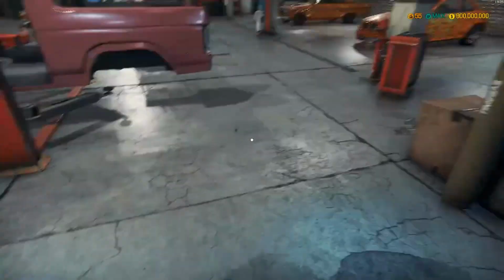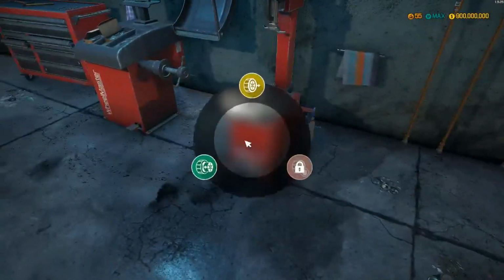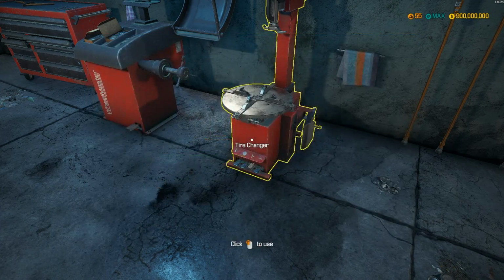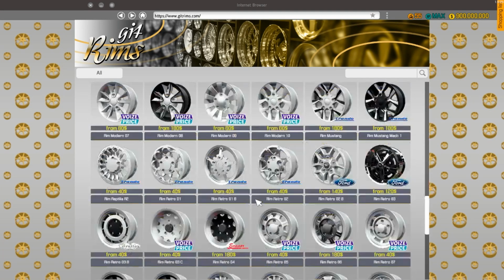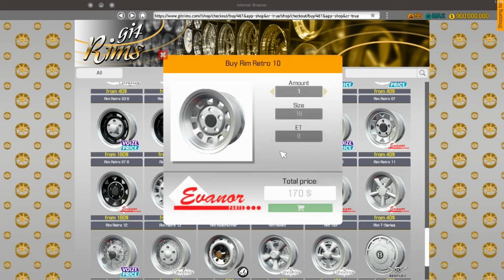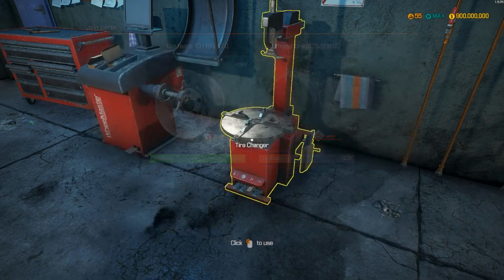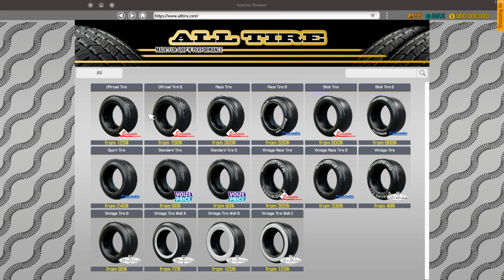Alright, so not a bunch of parts broke on this car, but we had some. And we're gonna have to buy rims. So 2 Retro 10, 15s. So here's all the rims in the game, alphabetized, for our convenience. And 225 80 R15s. Off-road tires, so...